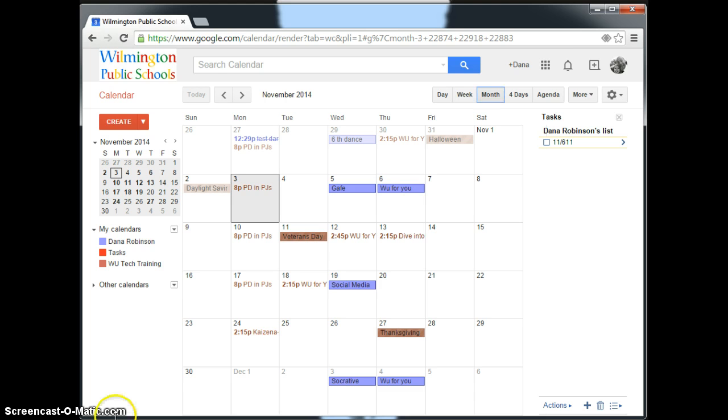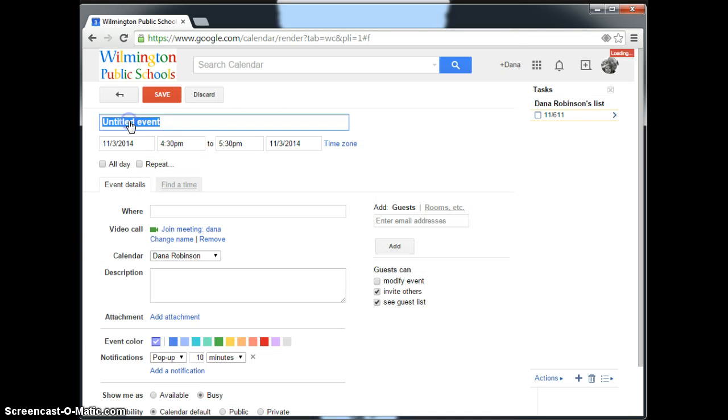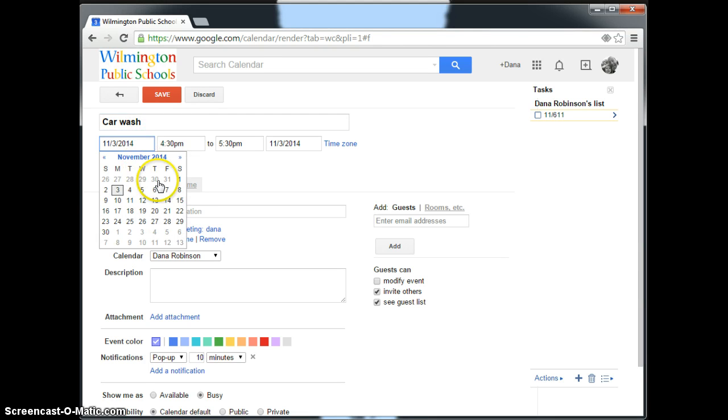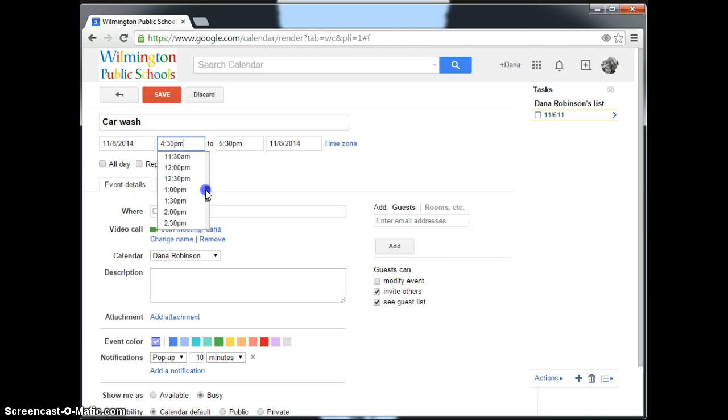Okay, so once you've picked whatever format seems to make the most sense for you, you're going to want to create events to get yourself a little more organized. So you'll click this red create button. You could title your event. So let's say I want to call it, I'm doing a fundraising event, so it'll be a car wash. Then I'm going to go ahead and pick my date. It will be this Saturday, and it will run